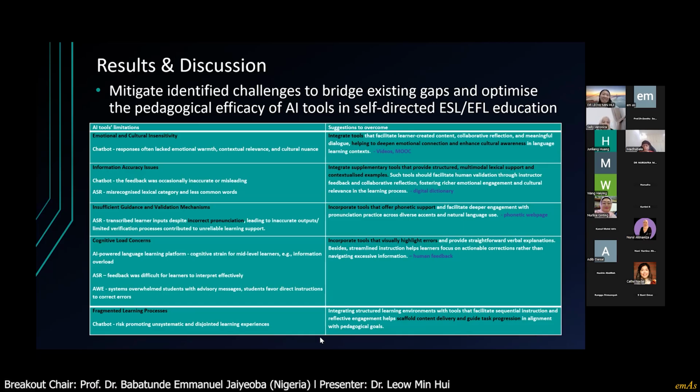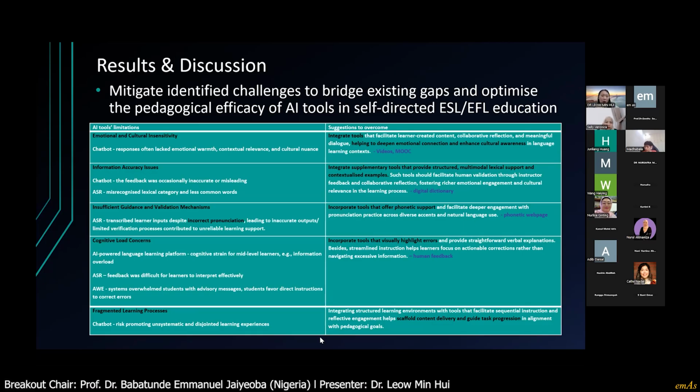Okay, so actually this literature review is just the start of our research. After we finish this, we are going to look into the preferences of students nowadays in using AI tools, and their awareness in using AI tools to support self-directed learning. From that, we will come up with a model or guideline. From this literature review, as this slide shows, we suggest the integration of AI tools with other tools: AI with another AI, and AI with non-AI tools.